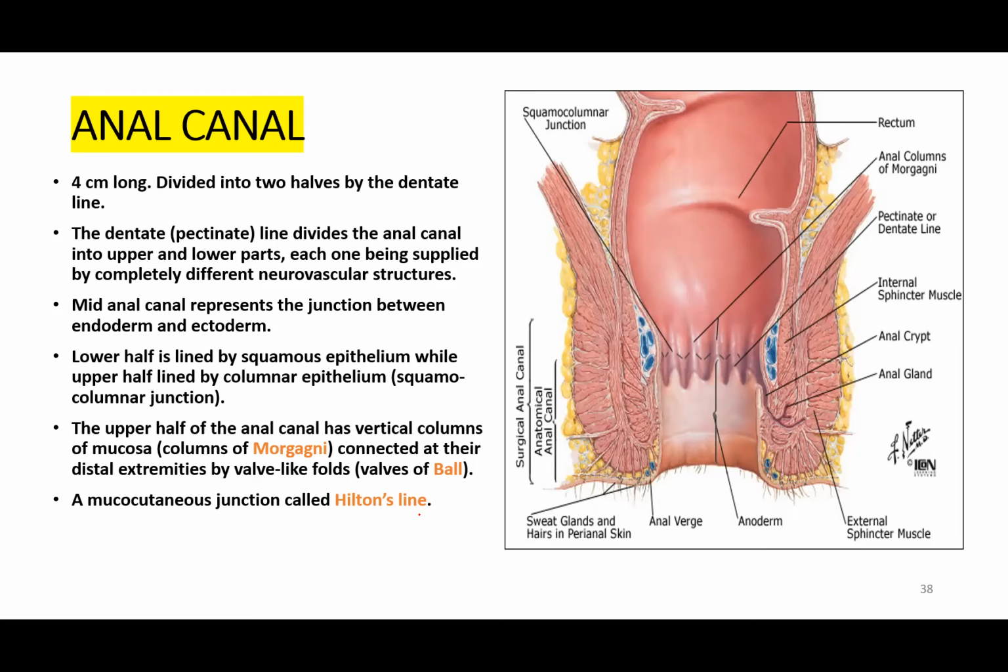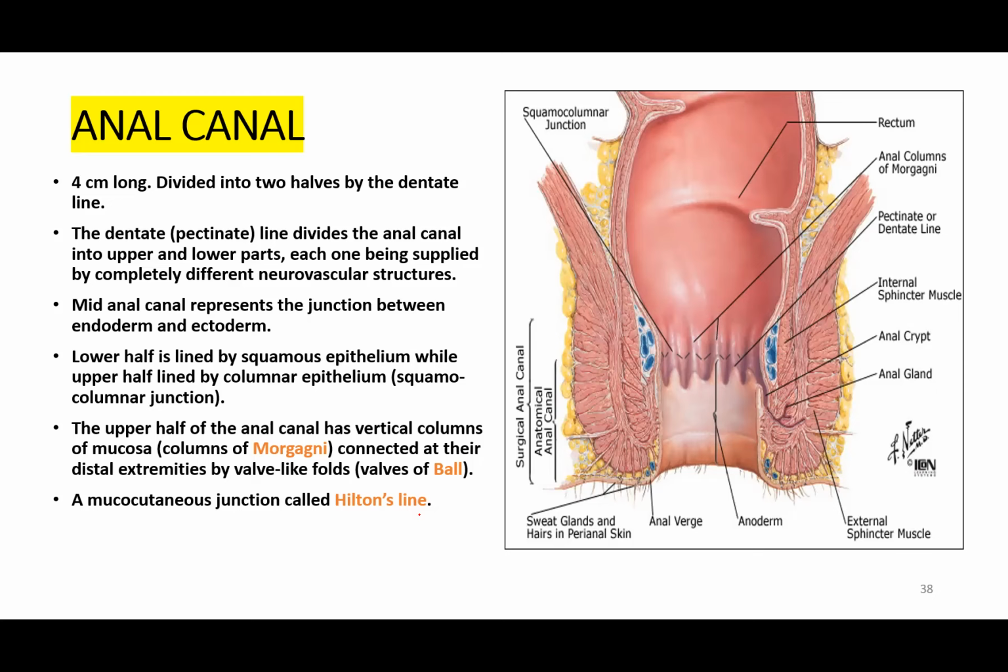And these two are demarcated by the dentate line, okay? The demarcation of the upper 2 centimeters and the lower 2 centimeters. In some texts, you see upper 2/3 and lower 1/3 is demarcated by the dentate line because they are from different embryonic origin. They have different